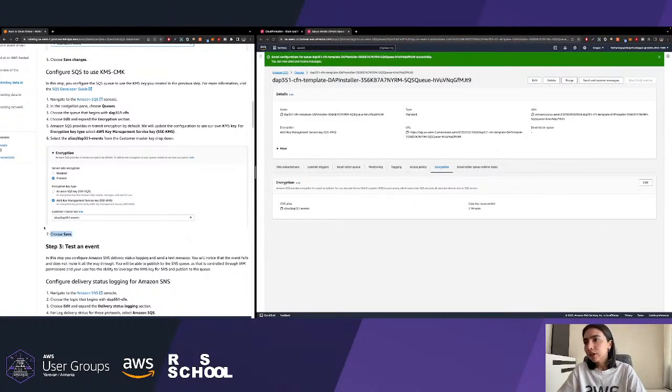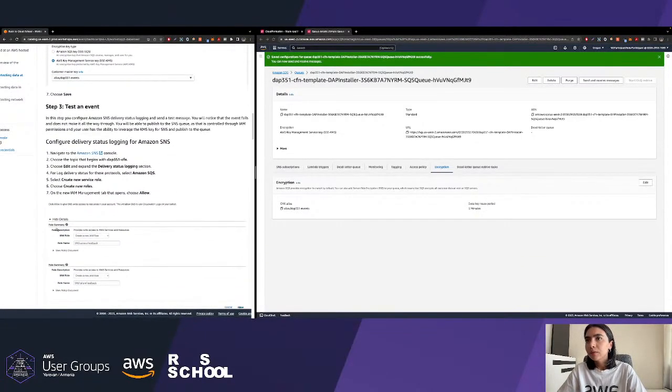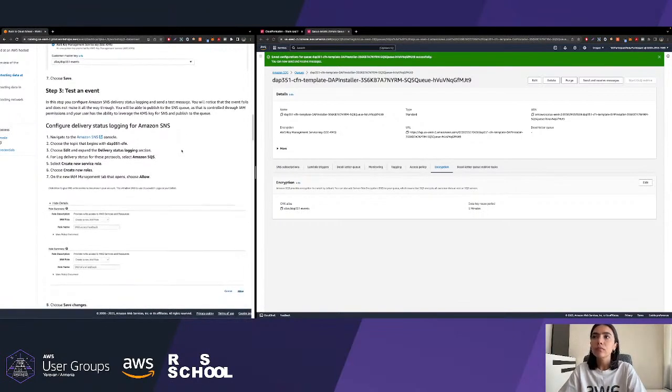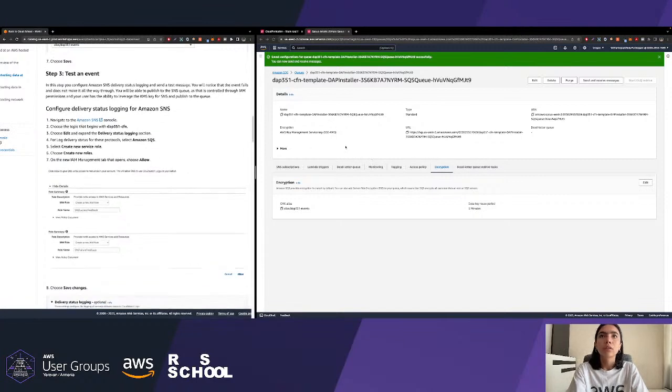We are. Let's check from the documentation. Yes, we are. So we can now try to test an event, but before that, let's just configure the delivery status for our SNS. Okay, delivery status logging.